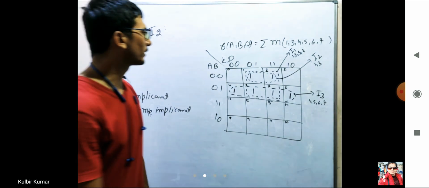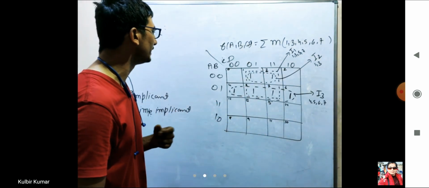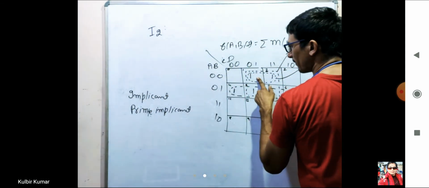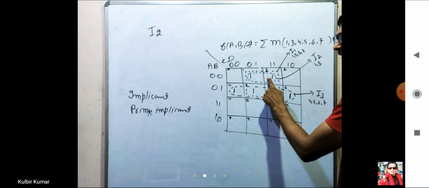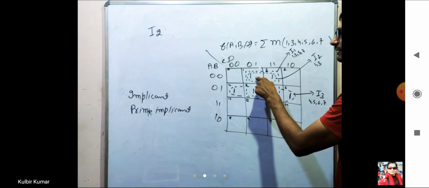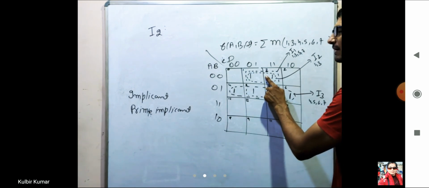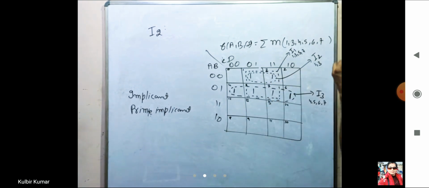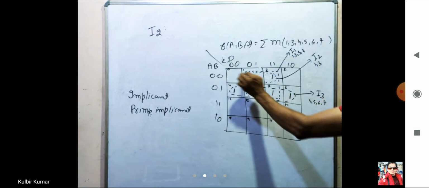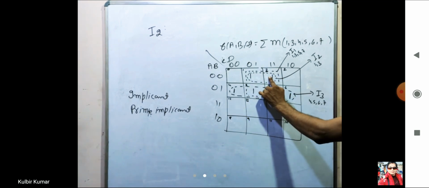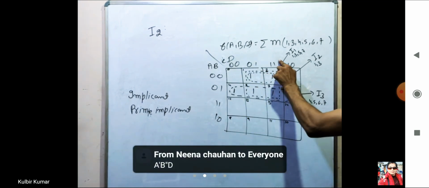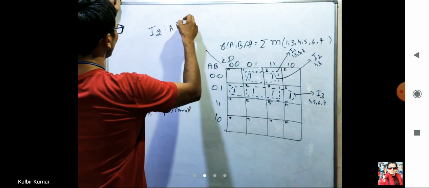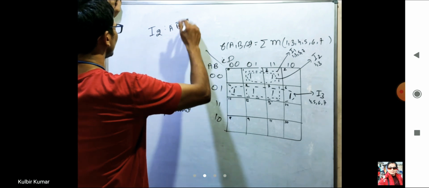Let us see. What is in I2? Cell number 1 and 3. What is common in these two cells? Let us see A, B, C, D. So it is nothing but A complement, B complement, C complement and D. It is nothing but A complement, B complement, C and D. So here C is complemented and here C is without complement. Right? So if some variable appears with complement and without complement, then just throw it out. Don't take it. Remaining thing is A complement, B complement, which is here as well as here. Other than this, D is without complement, D is without complement. So it will become simply A complement, B complement, C and don't take C, simply D only.